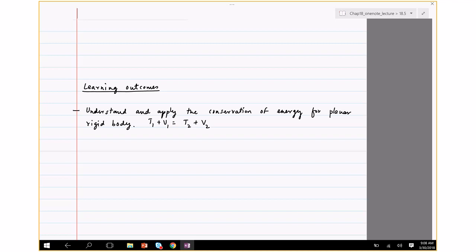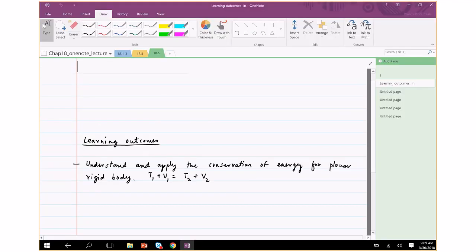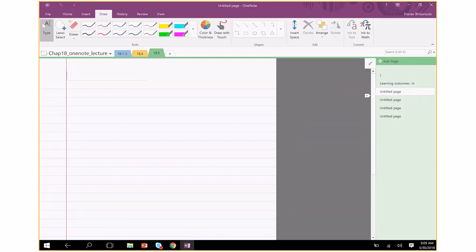Use this when there are springs, there's gravity, and there is a motion. Okay, so let me give a brief overview before we start solving problems. The formula which we are going to use is the principle of conservation of energy,